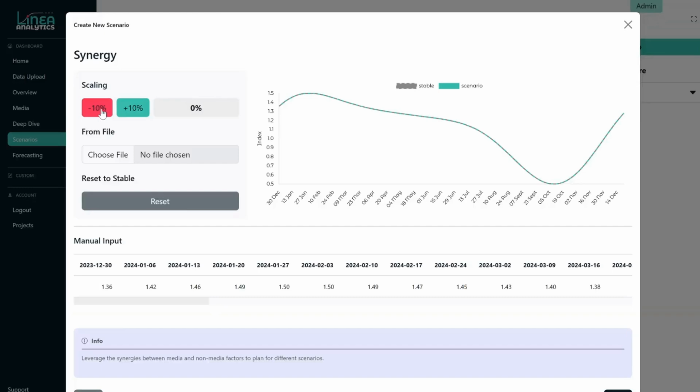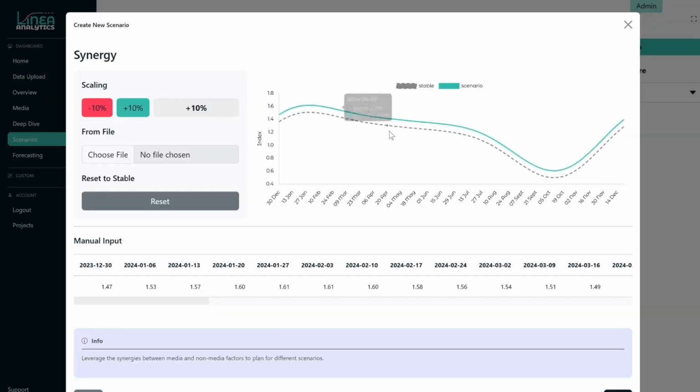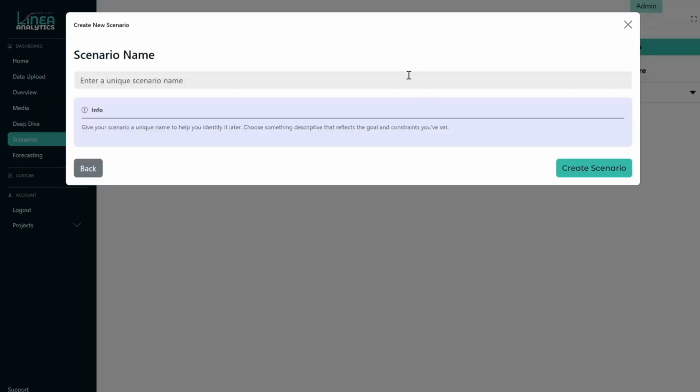We can select to reflect a minus 10% synergy factor, plus 10% synergy factor, or we can overlay that ourselves. In this example, we're going to select a plus 10%. We hit next and we input the scenario name and then we create